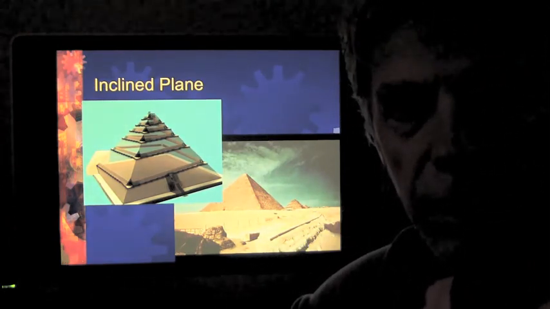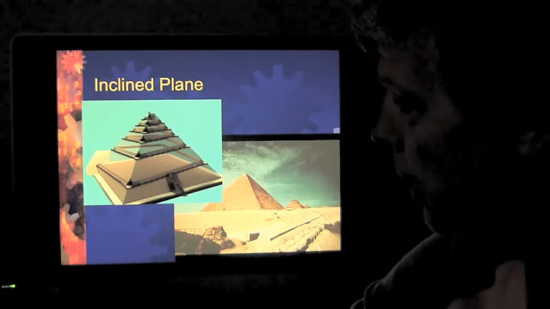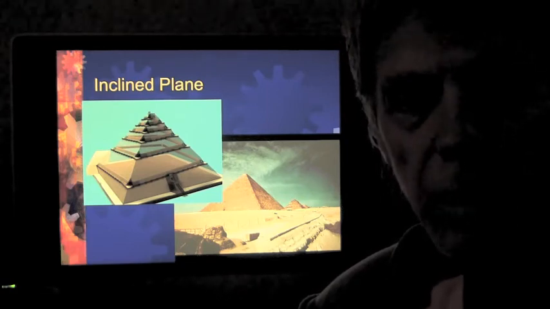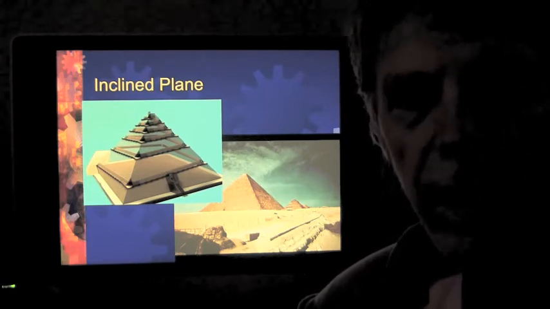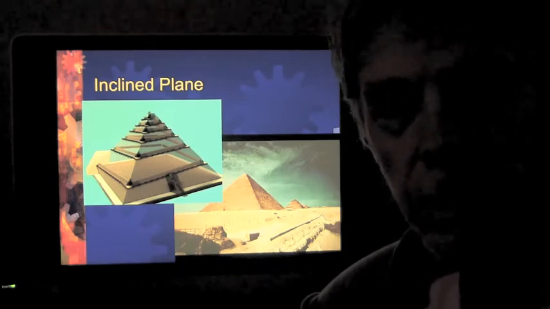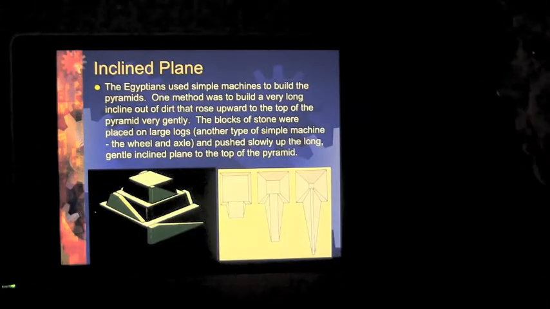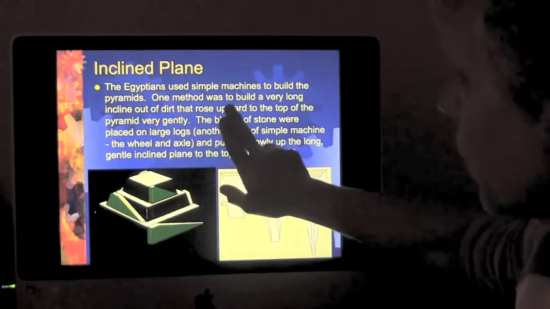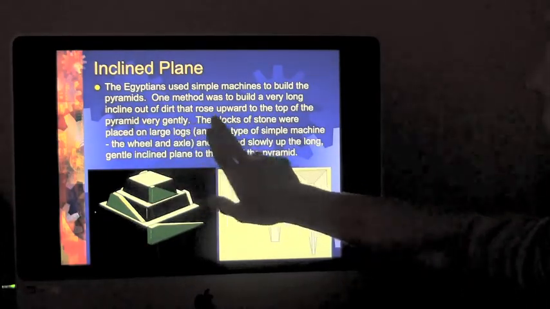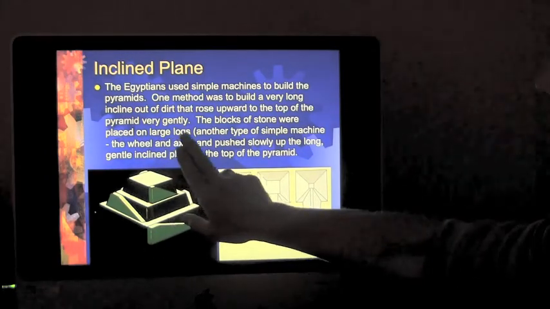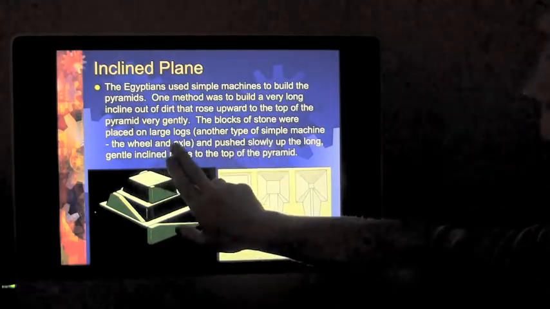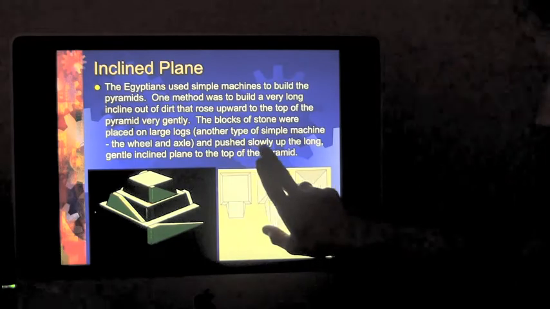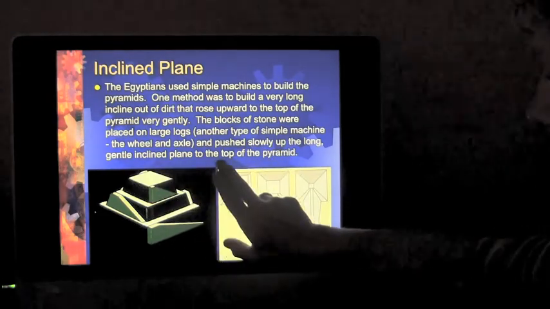An inclined plane, as you can see here, pyramids, is something that human beings have used for thousands of years to get an object from one place to another. The Egyptians used simple machines to build the pyramids. One method was to build a very long incline out of dirt that rose upward to the top of the pyramid very gently. The blocks of stone were placed on large logs, another type of simple machine, the wheel and axle, which we will discuss later, and pushed slowly up the long, gentle inclined plane to the top of the